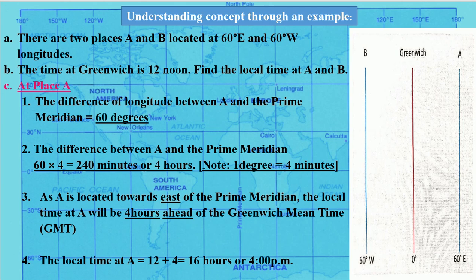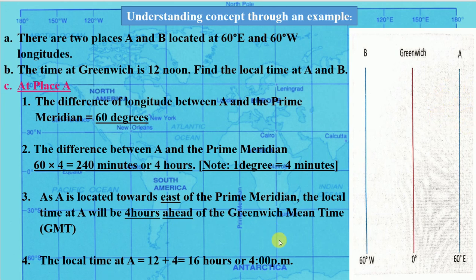What we discussed previously is that to find the local time of a place we need two things. The first one is the longitude of that place. As we can see here, the longitudes are given for places A and B. The second thing we need is the local time and the longitude of another place. We have Greenwich as a reference. We have the longitude, 0°, and the local time, 12 noon, over there. Now we have to find out the time at place A.